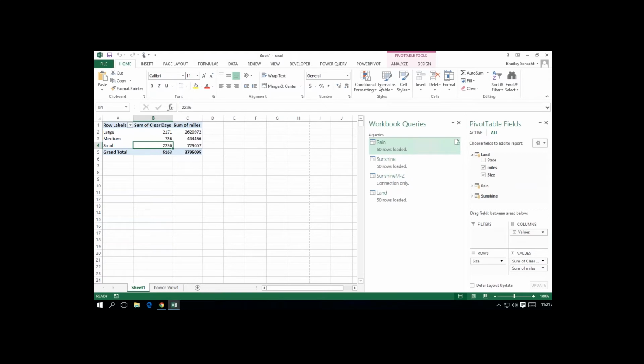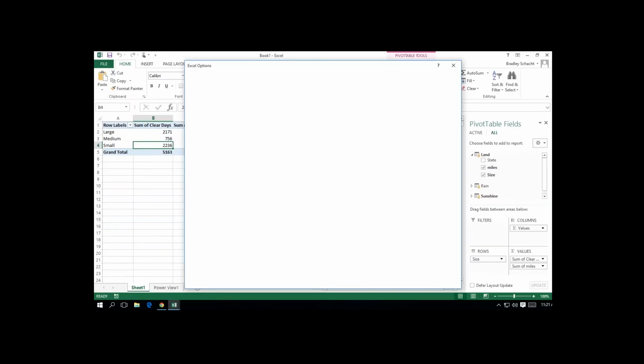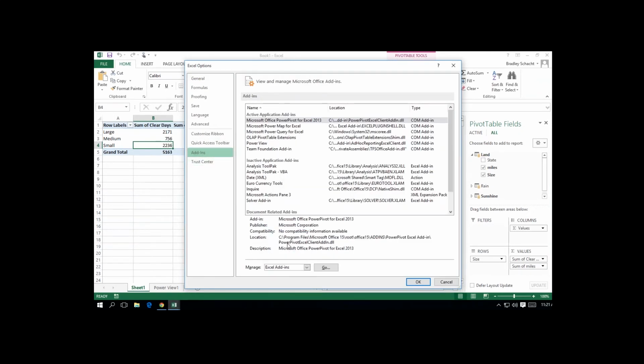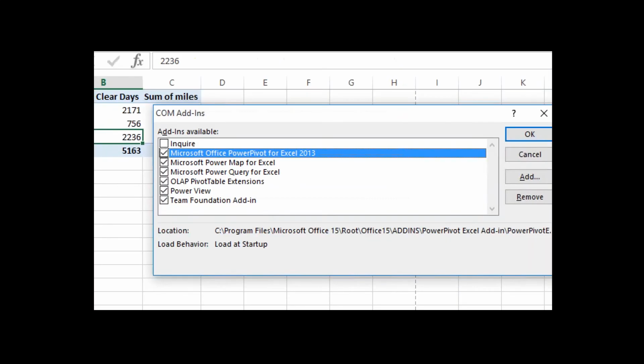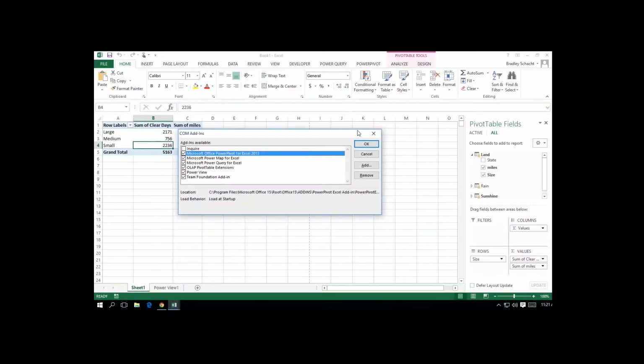If you don't see these tabs in your environment, all you have to do is click over here on File, and then go to Options. We're going to go to the add-ins. We're going to switch down here at the bottom. Instead of Excel add-ins, we want the COM add-ins. Okay? So we want to pull up the COM add-ins, and you'll notice we have a couple different options on the screen here. We've got one for Power Pivot, one for Power Map, one for Power Query, and then also for Power View. Okay, so if you don't see the Power Pivot tab in your 2013 environment, or if you don't see the Power Query tab in your 2013 environment, just come into the COM add-ins and make sure that those are enabled here.